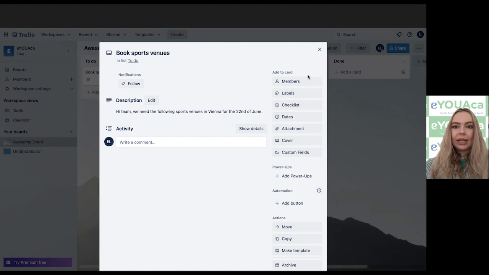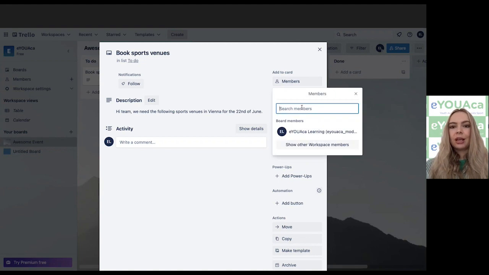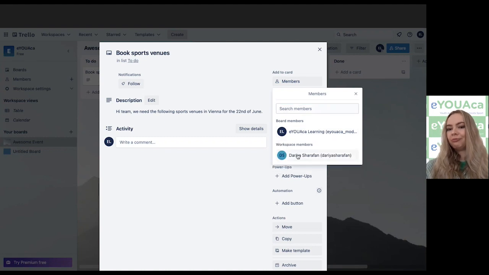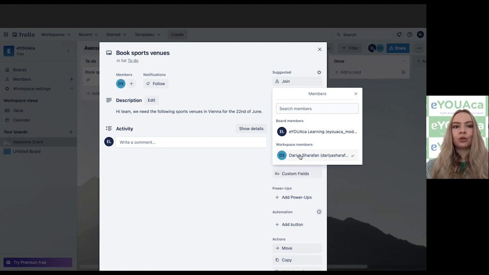Now we can assign a member to our card who would be responsible for it. You just press on members and you will see eYOUAca Learning, and we can also show some other workspace members, which would be, in this case, only me, because you're not here yet, guys. So let's assign this task to myself then. We just press on the person who we want to assign a task to, and then it would appear in here,